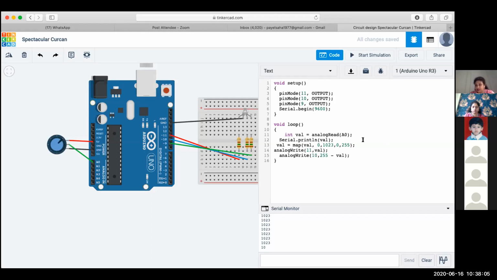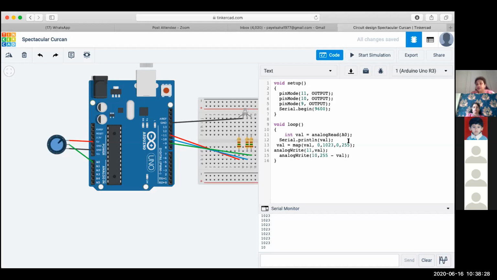Whatever I'll be reading from analog pin A1, that I'll put into some new different variable, let us say val1 or val2, and I'll write it into pin number 10. Similarly, whatever I'll read from analog pin A2, that I'll store in some different variable, val3, and I'll write it into analogWrite 9.